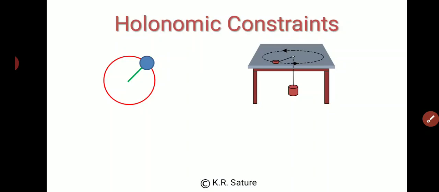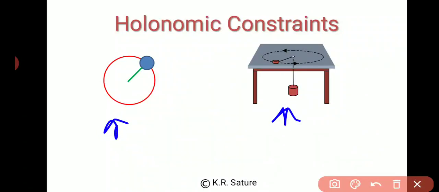You have to write the equation for a circle. You have to show that the function of the coordinates is equal to 0, and that's why this type of constraint is a holonomic constraint. There is one more example. Let's say this